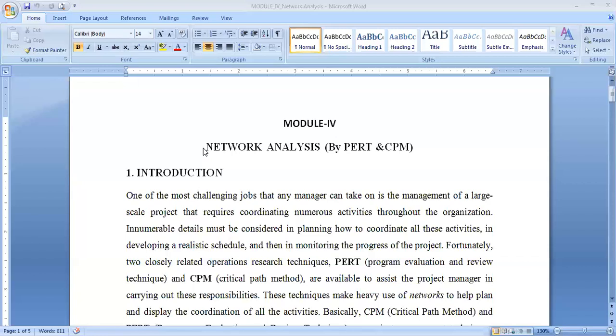The project consists of a number of activities. The project can be broken down into these activities, and each activity will require some resources, and each activity will have a deadline or time bound. Within that time bound, each activity has to be completed so that the entire project can be completed on date, and it is scheduled to be completed by a target date. Every project will have a certain time horizon, and on or before that time horizon, that project has to be completed.